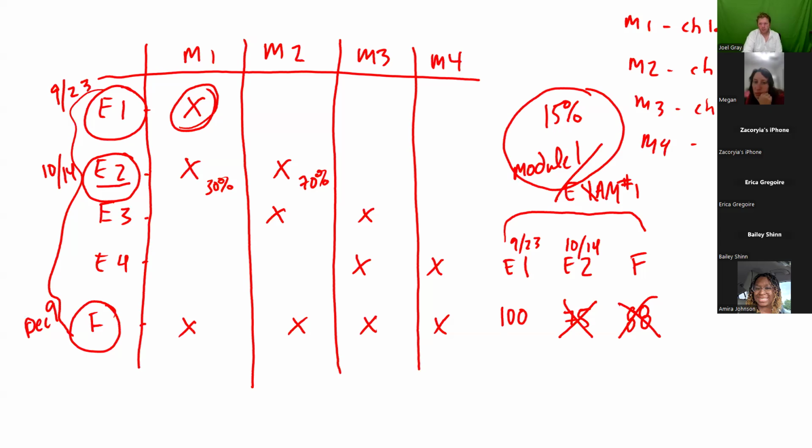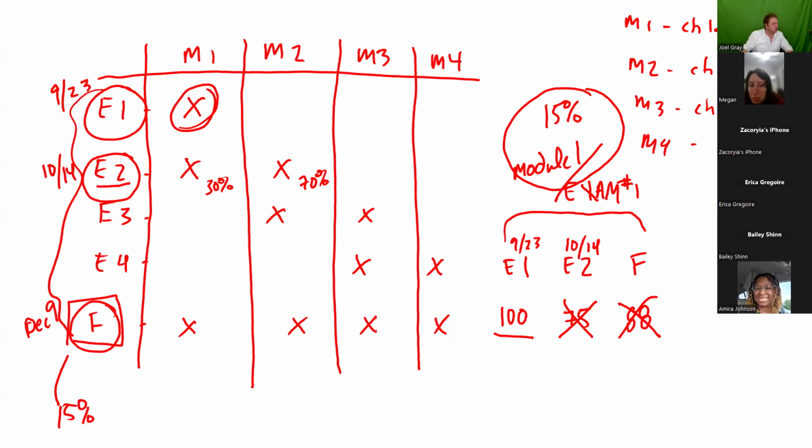The 15% of your grade that relates to module 1, exam 1, well, that's going to be a 100 because one time during questioning about module 1, exam 1, you mastered it. On the final exam, did you do that well? No, you didn't. But is that going to bring your grade down from there? No, it's not. Now, with that said, the final exam still is 15% of your grade. Does anyone have any questions about that?